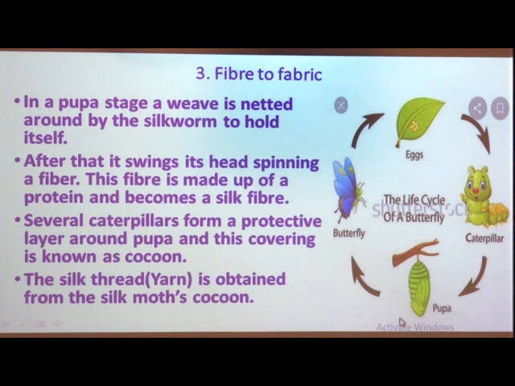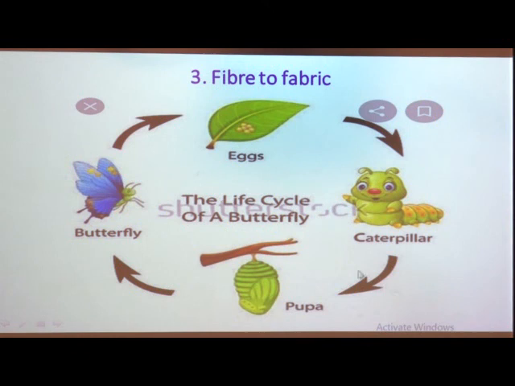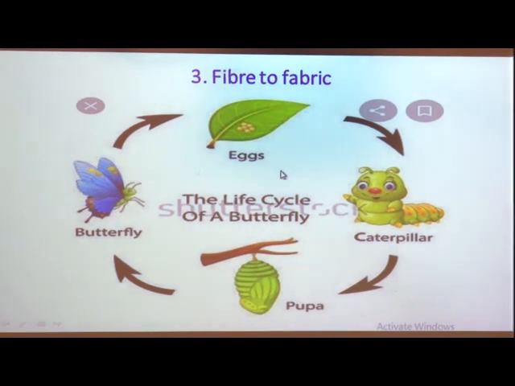Though not a stage, it is called cocoon. So, the stage is a pupa, but the fiber which is around itself, that covering, is called a cocoon. Okay? So, do not get confused here. And then the fourth stage is a butterfly. Here also you can see one more time, fiber to fabric. This is again a picture of the life cycle of caterpillar, which is shown here. So, like this we completed the life cycle of silk moth.